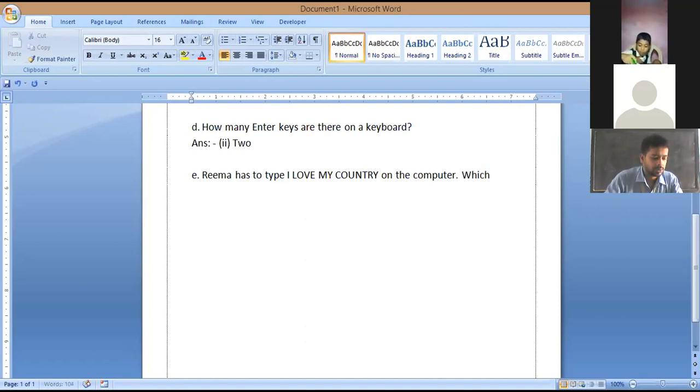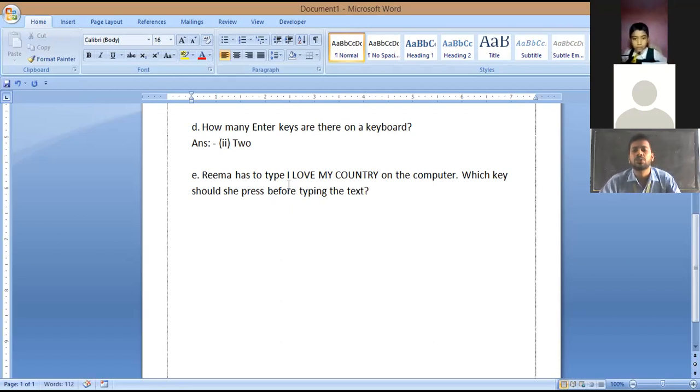Which key should she press before typing the text?